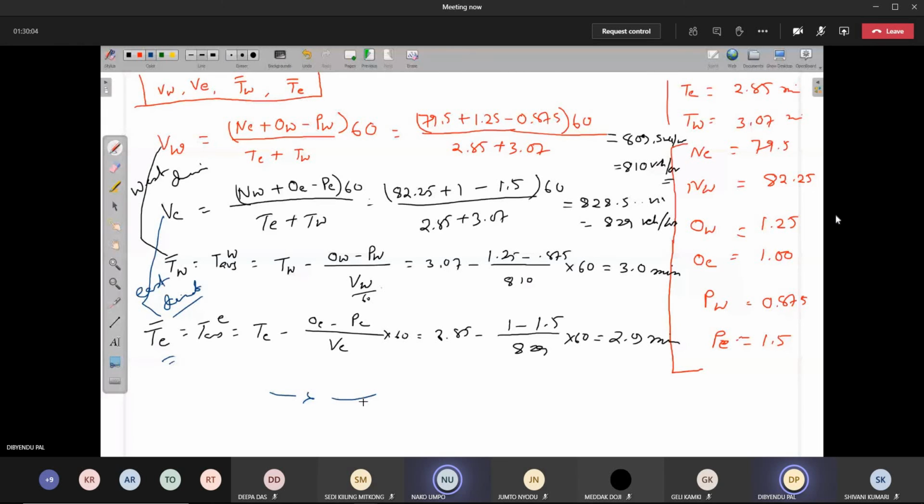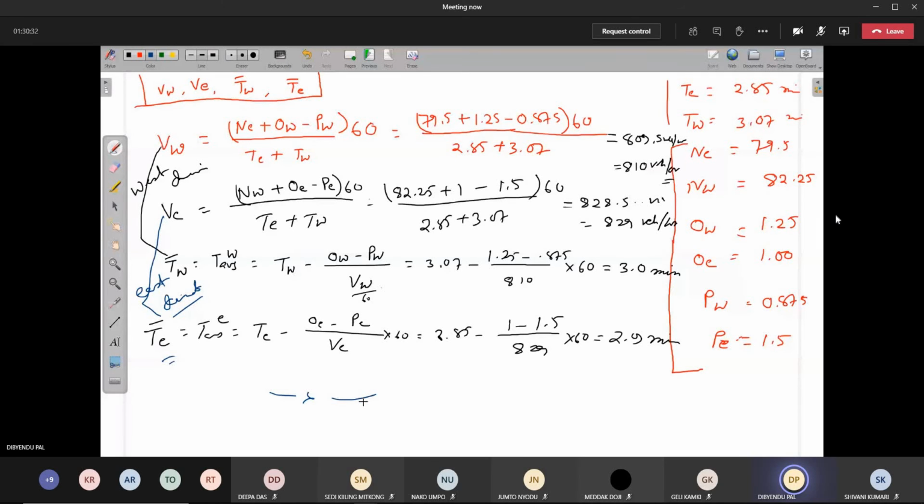Like that, sir. This is a method where we don't need a test vehicle. Without a test vehicle, we can find out the travel time using the license plate technique, or license plate observation. By this method we don't need a test vehicle. Simply we can write down the license plate number and entry time at the zone, and then the exit time at the zone and the license plate number.